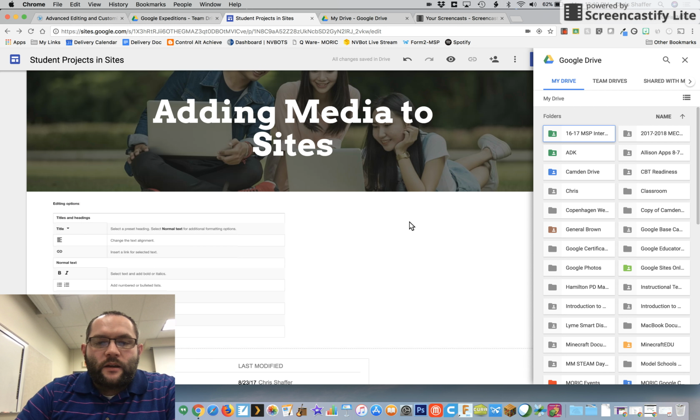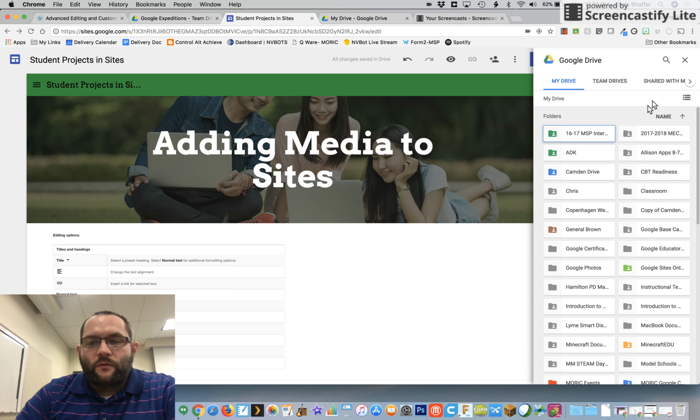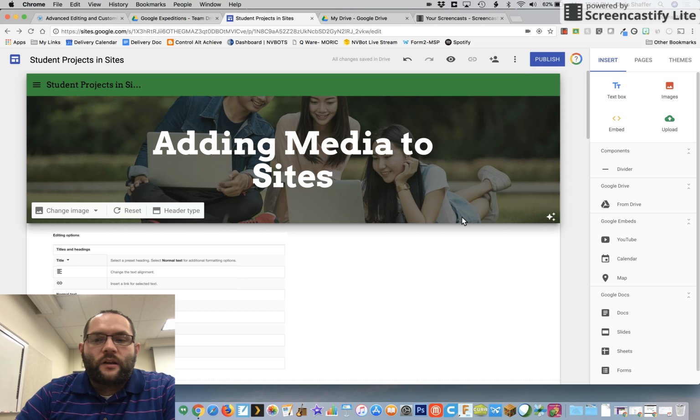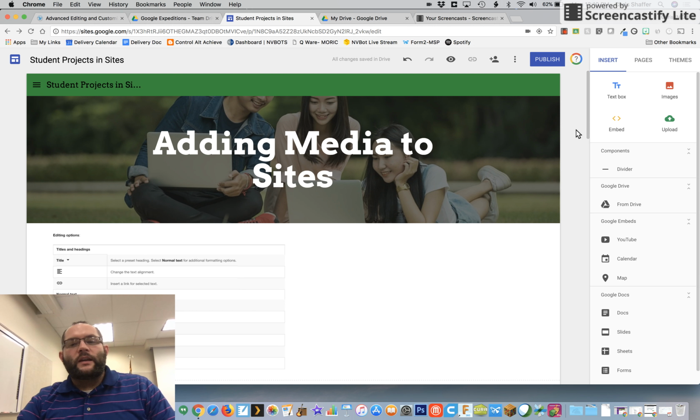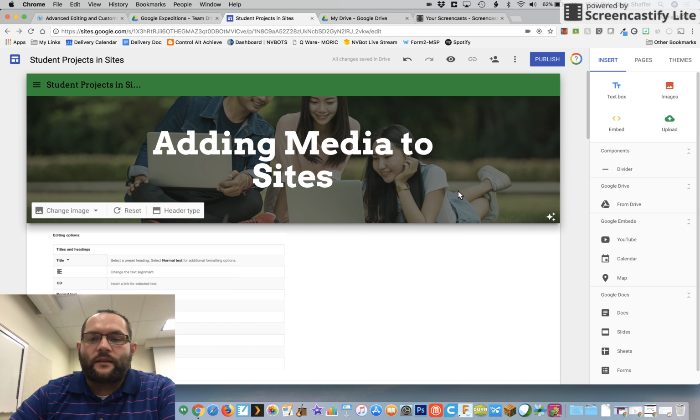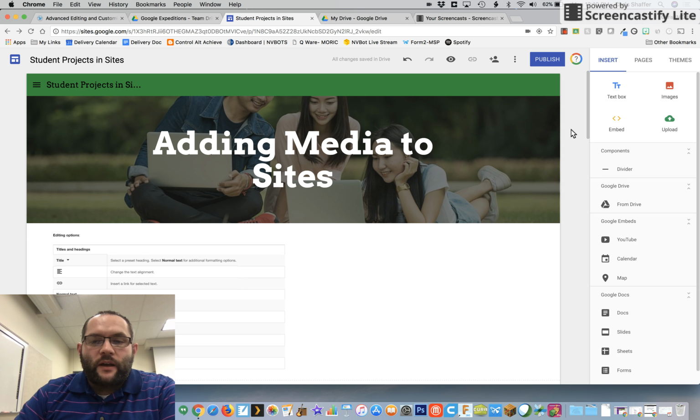Another thing that comes in really handy when you're working in Google Sites is to add different collaborators. So those are people that are going to work on your site with you, or in your students' case, if you pair them up into pairs or put them into a group that's going to be working on one site together, they're going to need to have access to the site, all of them, not just one student. So if they click on the Share with Others option up in the top bar,